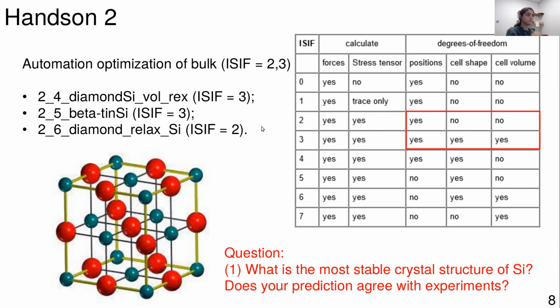You see that depending on this parameter, you can relax different degrees of freedom. Usually you always relax the coordinates, because now it is not anymore just the oxygen. Now we have a crystal structure like that. So we also need to relax the atoms, so that maybe 2 atoms get closer or 2 atoms get far away. So for sure, both of them will relax the positions. And you also need to make sure that in the POSCAR these positions are free, but in the POSCAR of the file it is already free, so you don't need to change it.